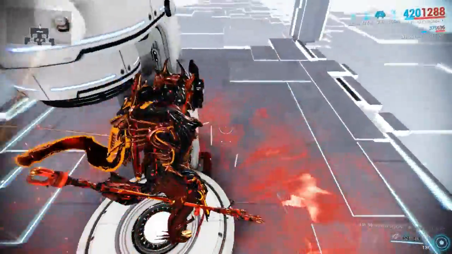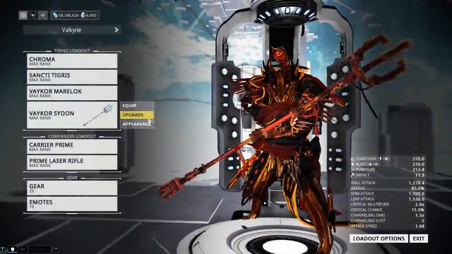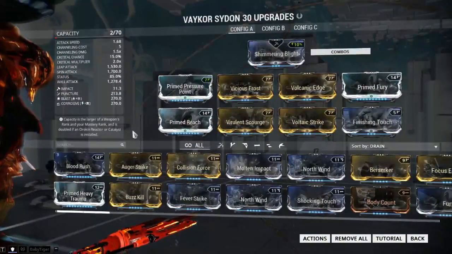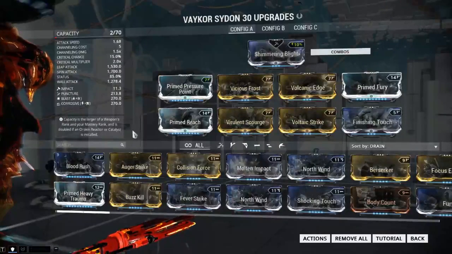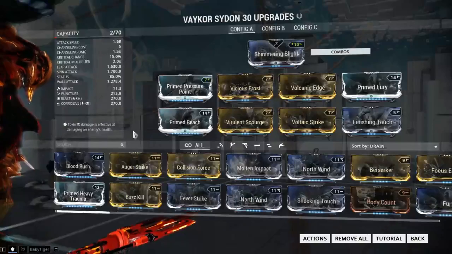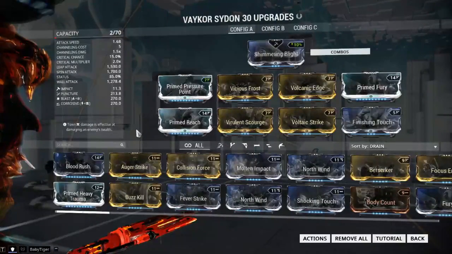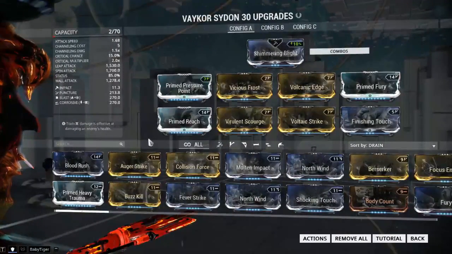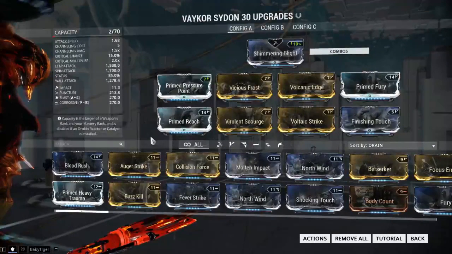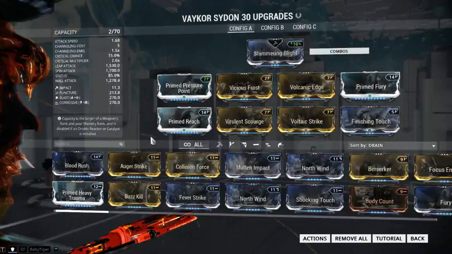Like I said, the blind needs a bit of work, but anyways, let's go over the build I am running. Prime Pressure Point, Prime Breach, Prime Fury, obvious reasons. Other than that, I am using Vicious Frost, Volcanic Edge, Virulent Scourge, Voltaic Strike, and just because of the Blast proc, which I am absolutely in love with, as well as the blind, Finishing Touch. This build requires no former,